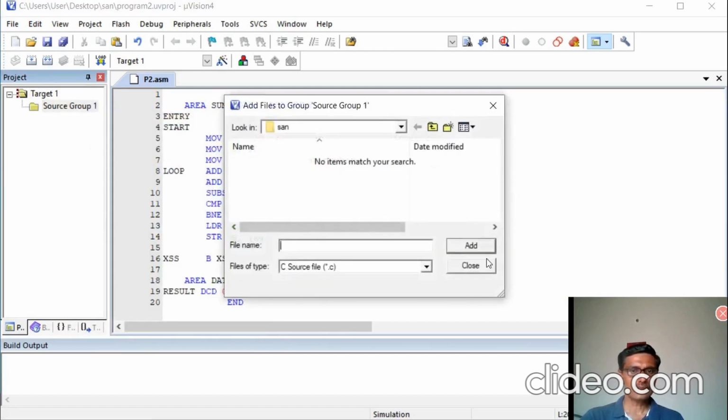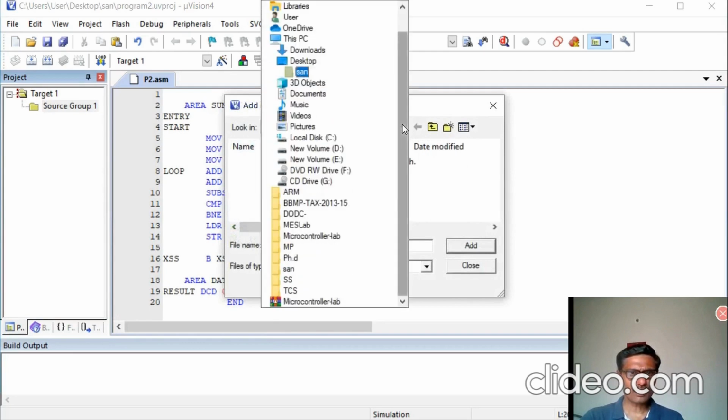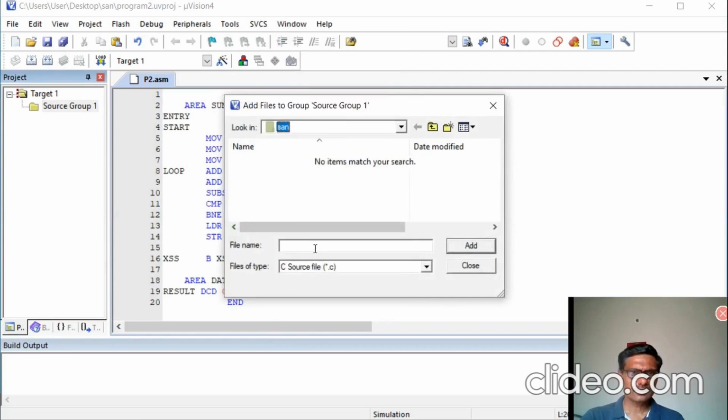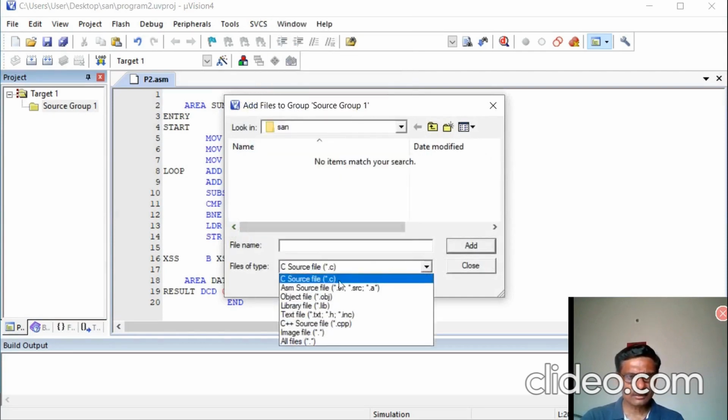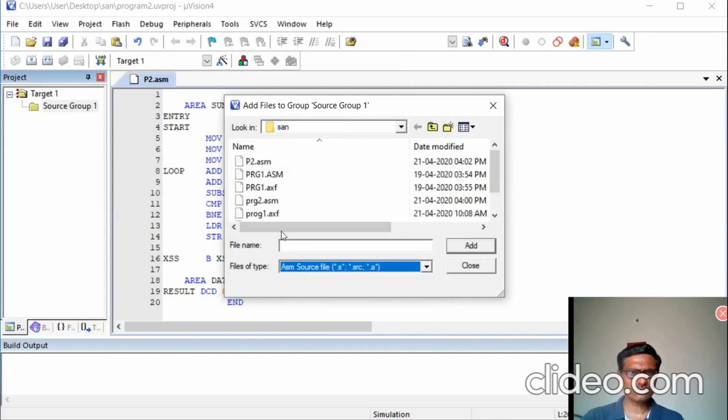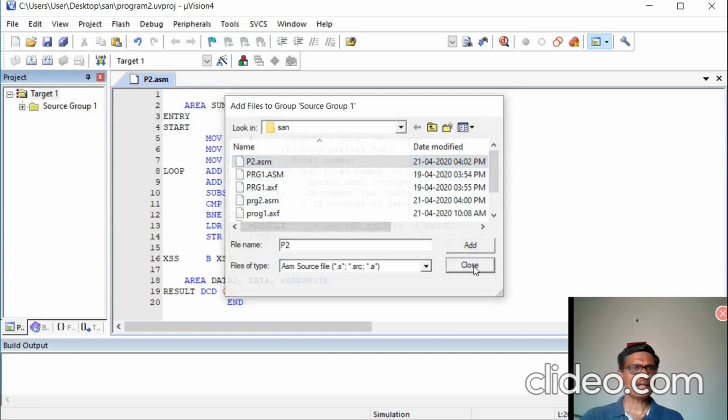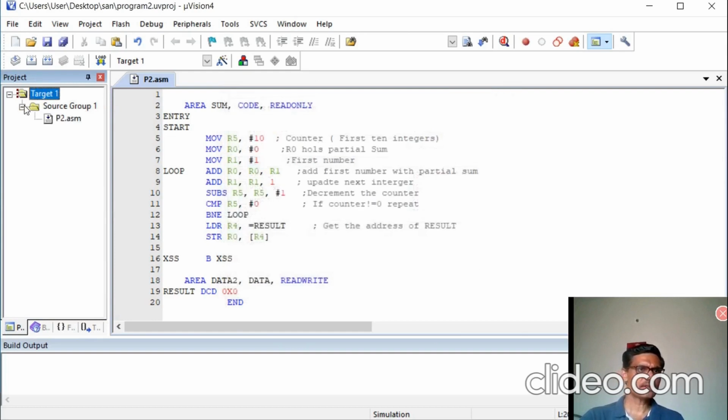You have to browse here, choose assembly source code. What name have you given? We have given p2.asm. Select that, add. After adding, close it, so that you can see our file is added here. This is for adding the file to the project.